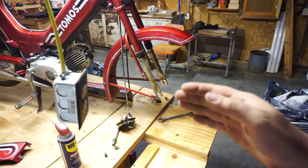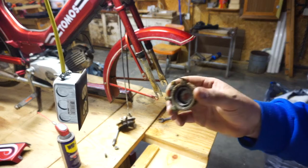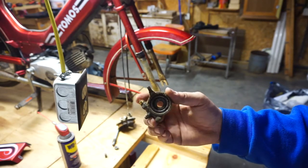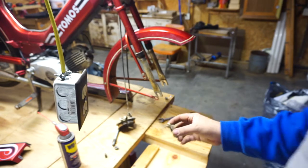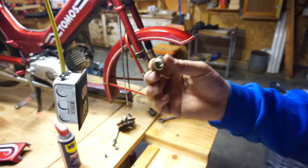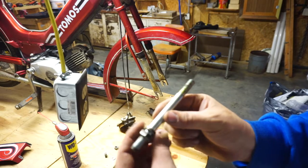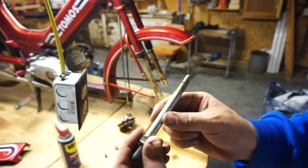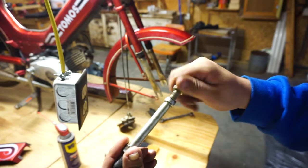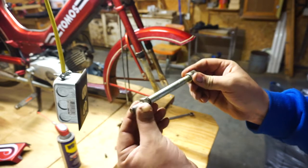Alright, so to get the wheel removed, what I did was I pulled out this speedometer actuator, I guess I'm going to call it. This is what the speedometer threaded into. And then on that same side, I removed this nut from the axle, like this. So leave all my parts on here. Those two are like that. And this was like that. Into the wheel. So then once I remove this axle,